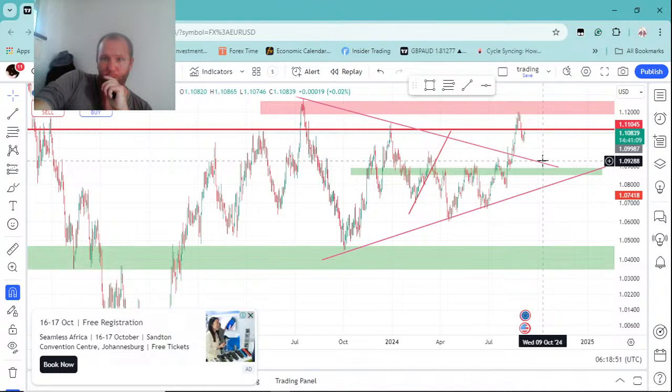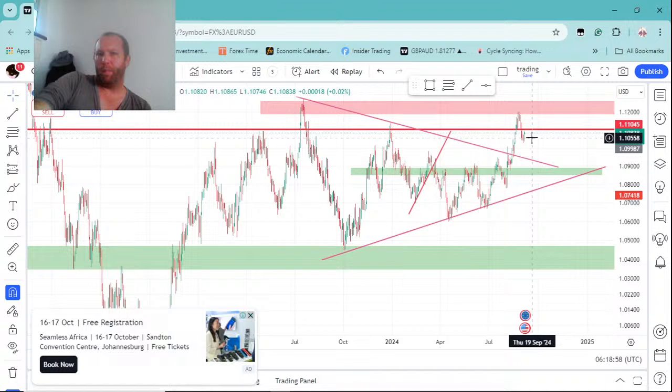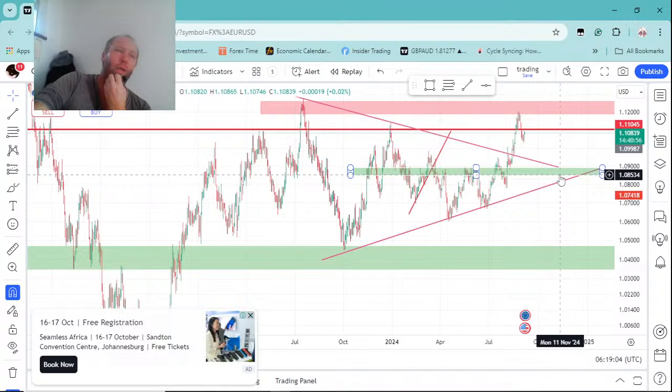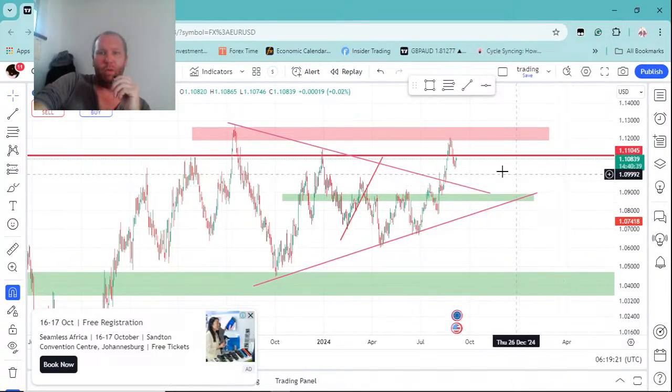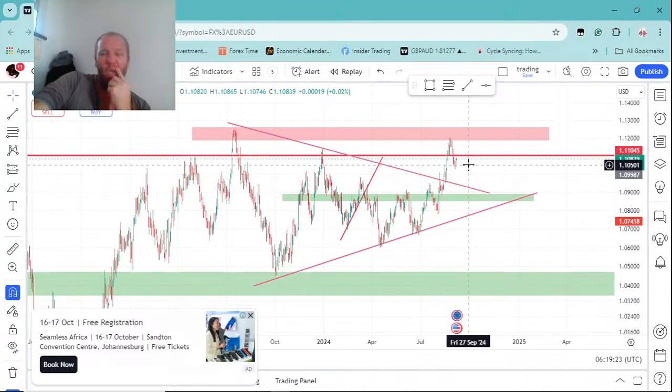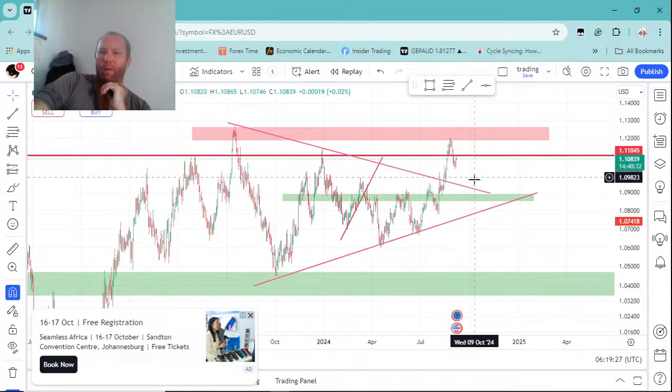But with it being at a key level of resistance over there, and it found resistance and is on its way down, I'm hoping, because if I look at the market and I look at the dollar, with the JOLTS, I'm not too sure about the numbers coming out from the US dollar. It's just weakening the dollar and weakening the dollar. I don't know what the Biden administration is doing, but they are absolutely ruining the dollar at this moment. So what I'm hoping for is to take a ride down to this level over here,